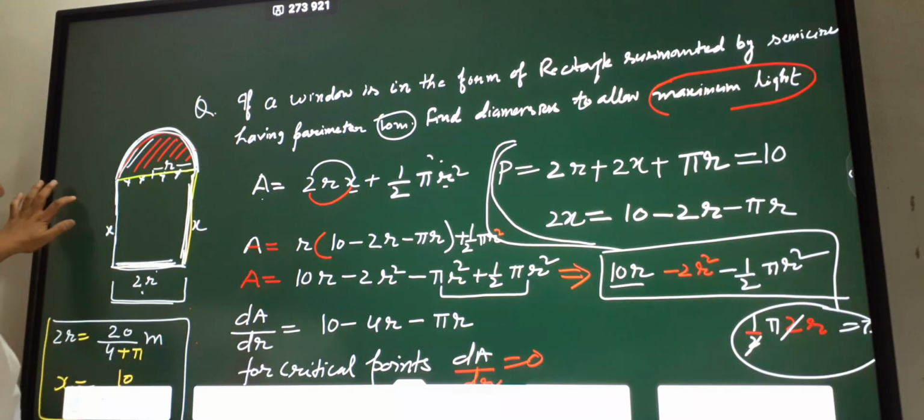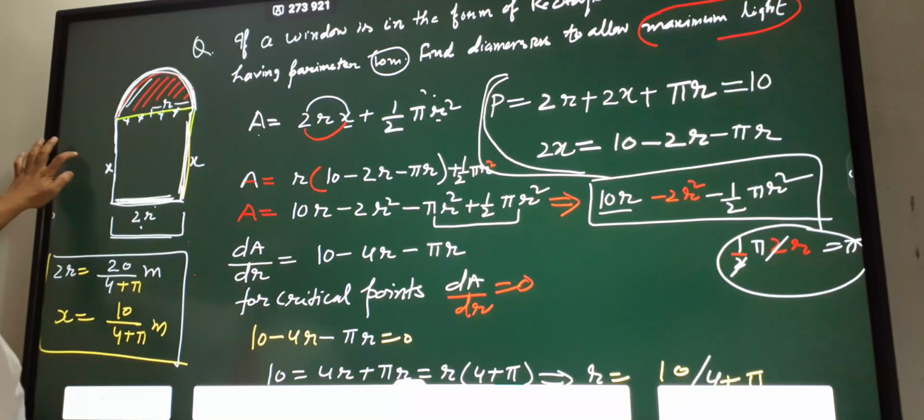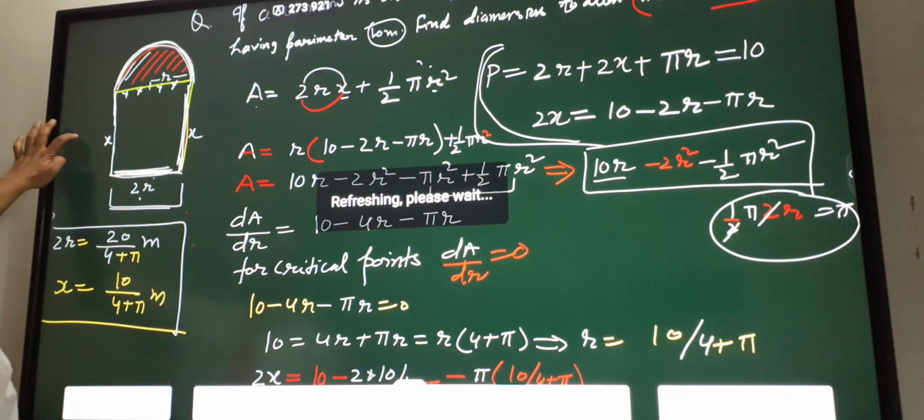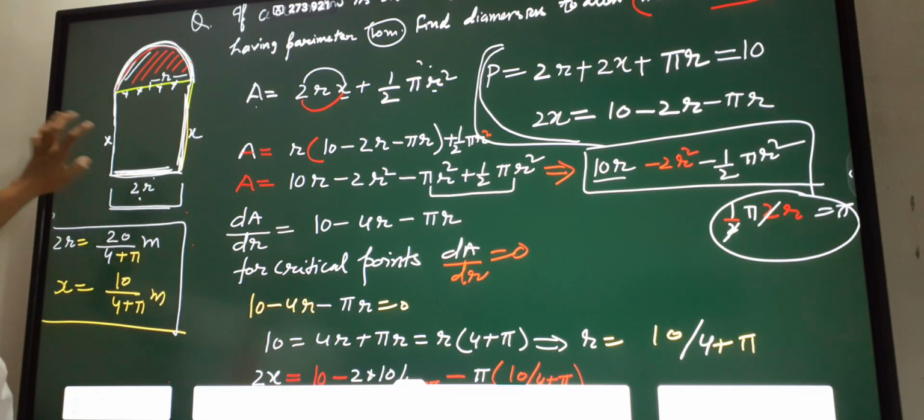अच्छा ये तो बहुत जगह है. So this is the question actually. Question लिखने की जरूरत नहीं है, मैंने लिखा होगा शुरू में. So from here the solution is from here. So what is that? A equal to pi x plus half pi r square. So this is the area.